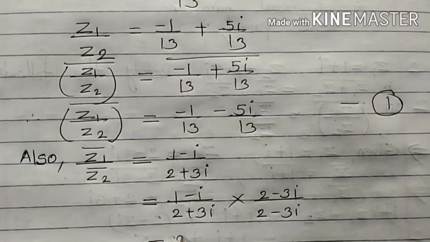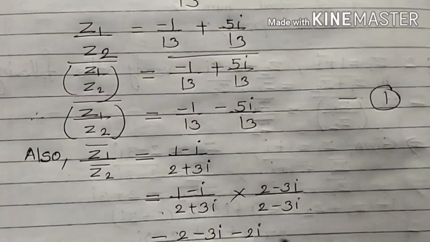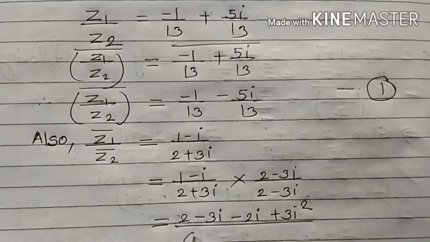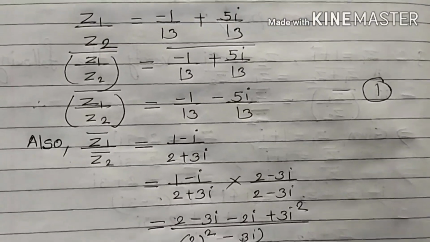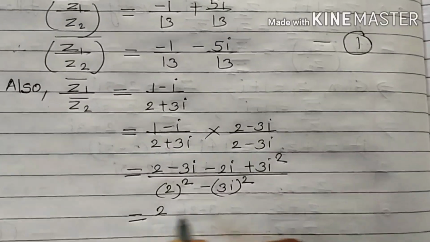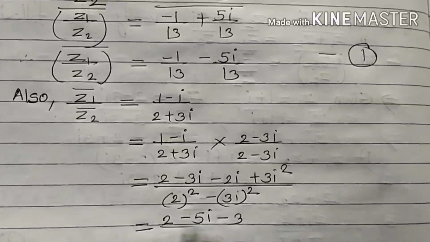So we get 2 minus 3i minus 2i plus 3i square upon 2 square minus 3i square. Okay, which is equal to 2 minus 5i minus 3 upon 4